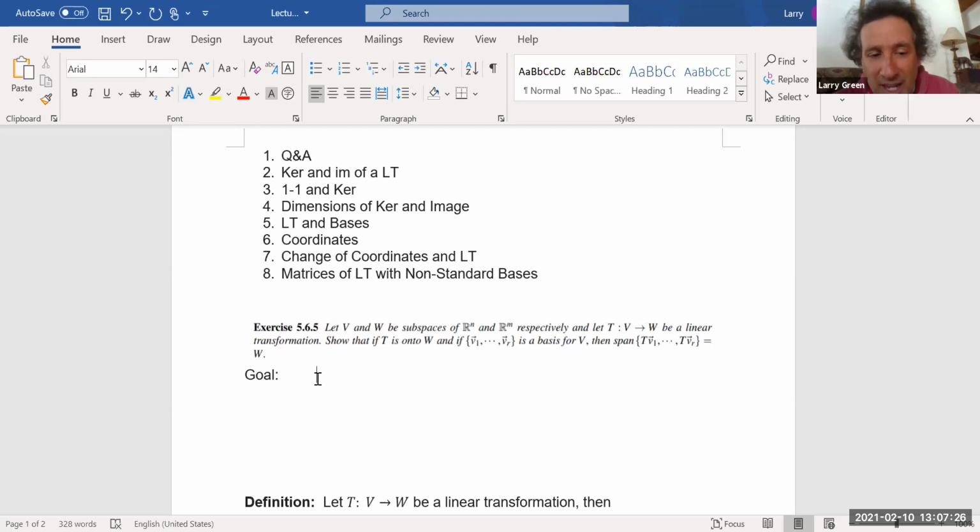Another way of saying that is that for every w in W, so every lowercase vector w in the vector space capital W, there exists a linear combination. So with linear combinations, you've got to remember what they are and how they can be written. And they're written as